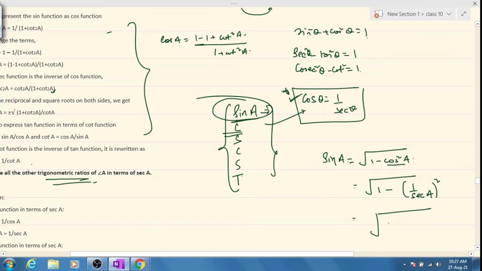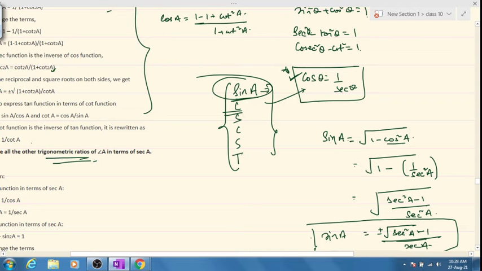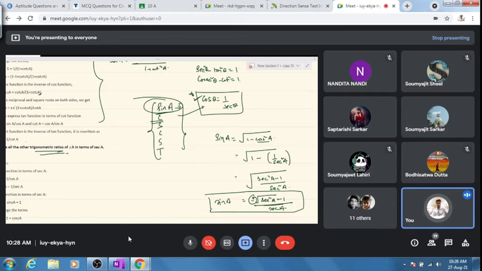Or overall completely, can we write it as sec square A minus 1 over sec square A, yes or no? Because this will become a square, right? Now you remove it, you'll get plus minus root of sec square A minus 1, entire divided by sec A. So we have easily converted sin A in form of sec A, yes or no? Now I hope people have no issues with me putting plus minus out here. Anyone in the class having any problem in putting plus minus?